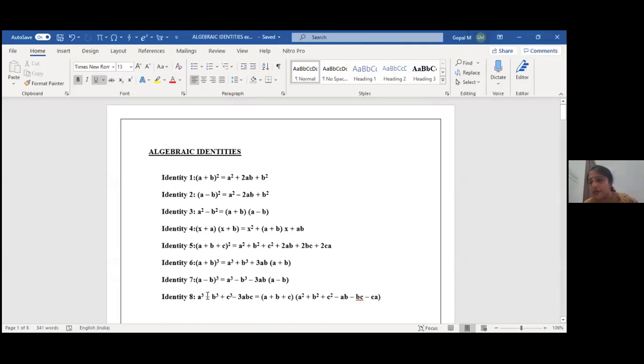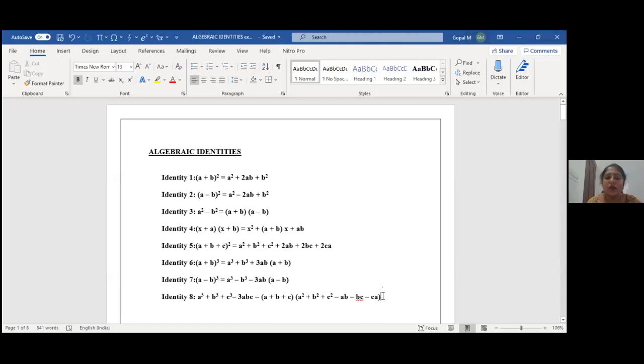Yesterday I just explained how we are getting these identities. The expanded form was also explained. Am I clear, children? I told you to go through this and note it down in your notebook so you will understand better. We are not giving any derivation for these identities. Only the application of identities is given in the exam. Am I clear? Yes, ma'am.